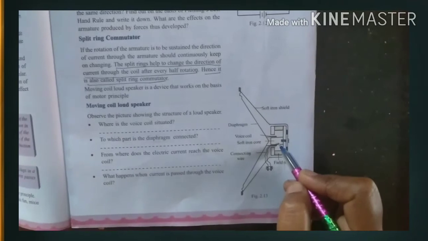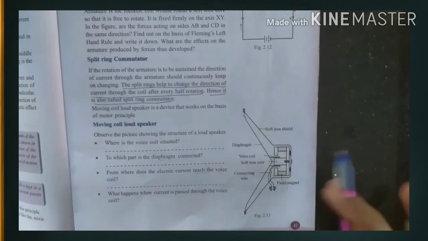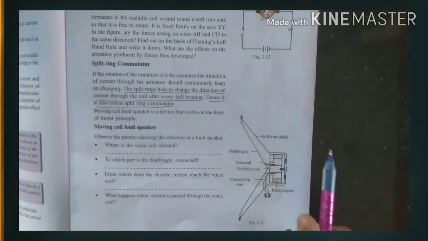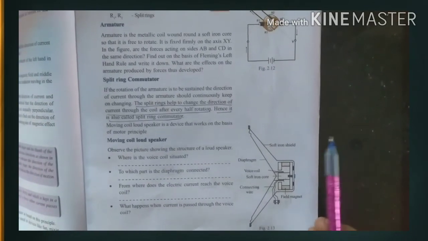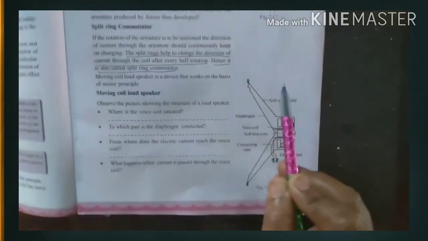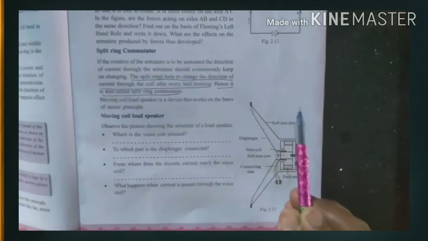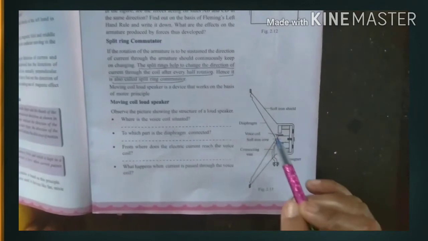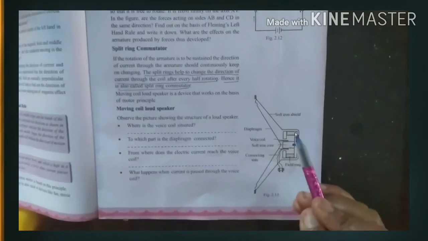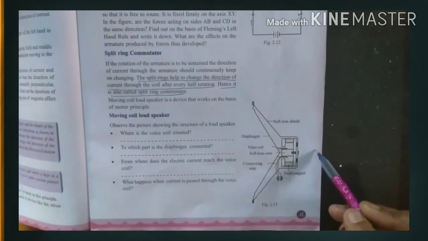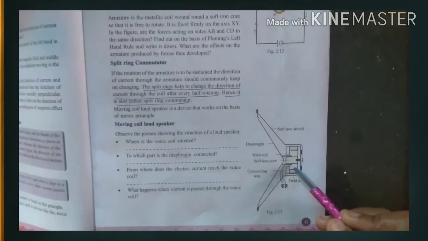So, the moving coil loudspeaker, how does it work? Suppose you are singing in front of a microphone. The working of the microphone you will study in the next lesson. The signals coming from the microphone are not very strong, so they will not be able to vibrate this voice coil. So the signals coming from the microphone are strengthened using an amplifier, and the amplified signals fall on this voice coil through wires.